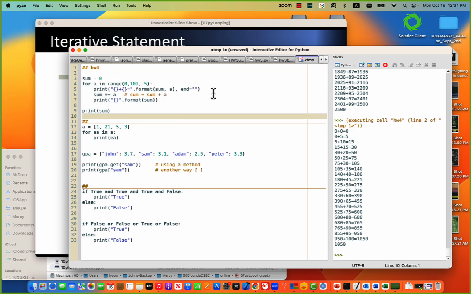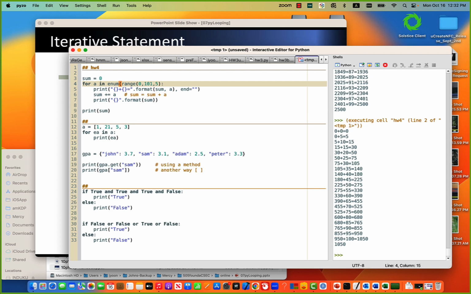Then it'll be 5, 10, 15. You can make very interesting results, right? Or if you want to count how many iterations? Then you need to put here another function called